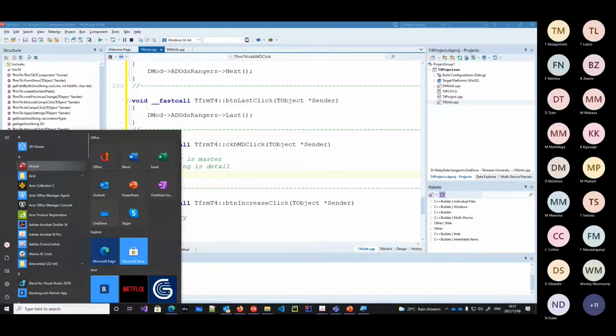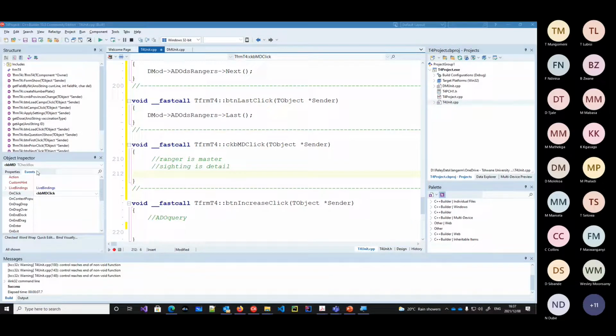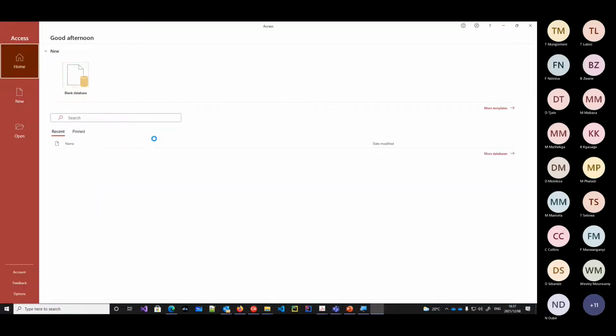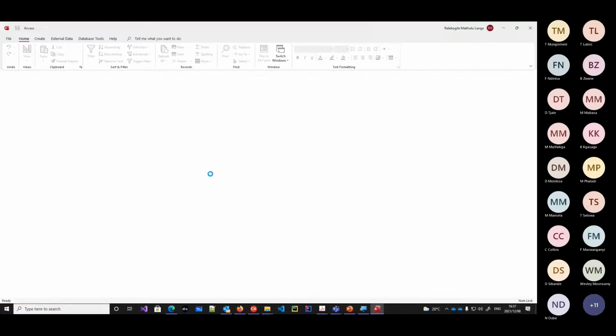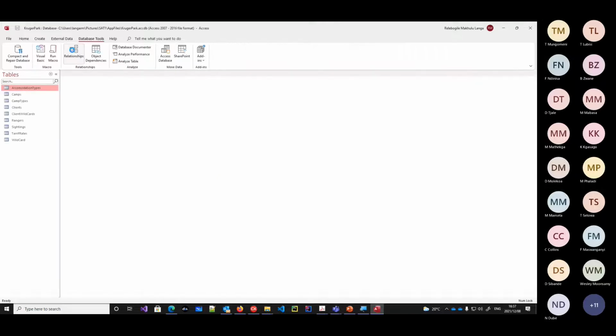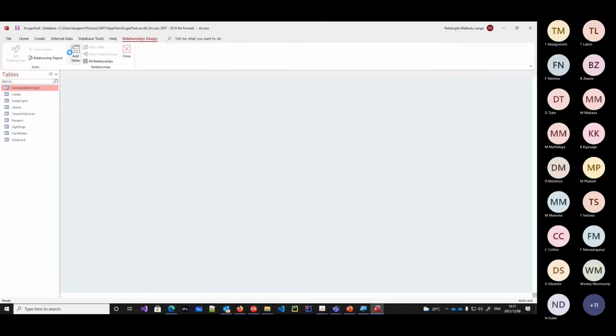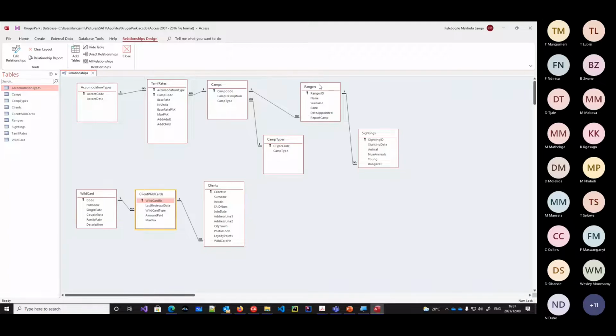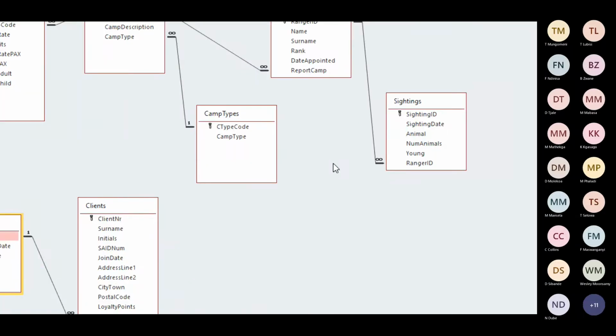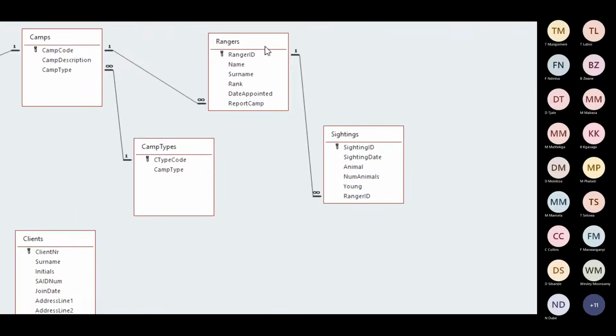Okay, let me open the database. So this is our database, and then we go to database tools, we go to the relationship. So the relationship diagram will give us all the information we need about the tables, right? So in this case, we are focusing on these two tables,